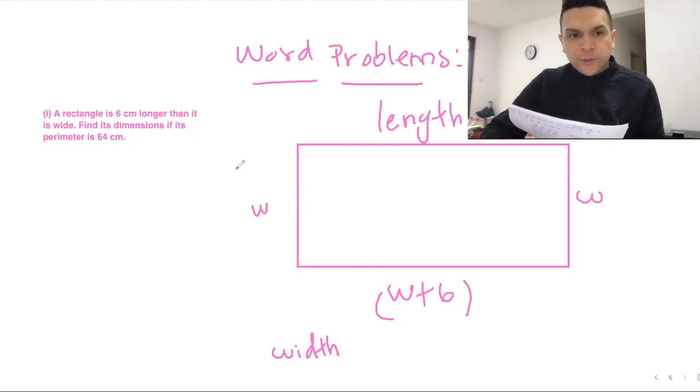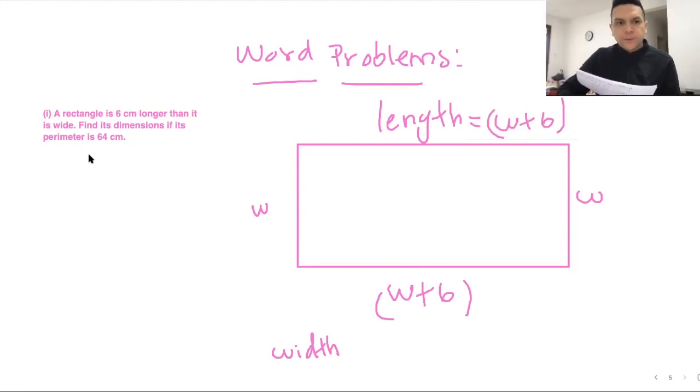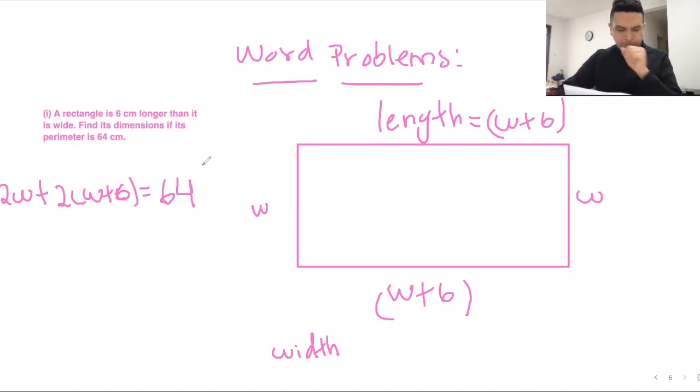So the perimeter is going to be the summation of all the sides. All of these, you add them up. So we have 2y plus 2 of these, so it'll be 2 times y plus 6. And it says that this equals 64. So we can find W, and after we find W, we add 6, and then that'll be the length. So it'll be 2W plus 12